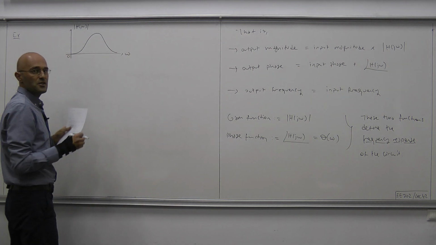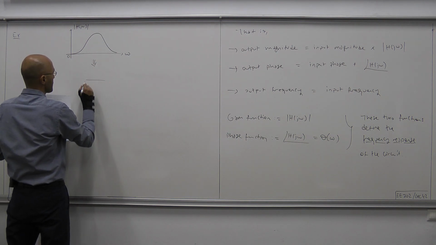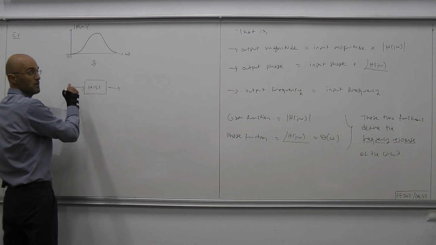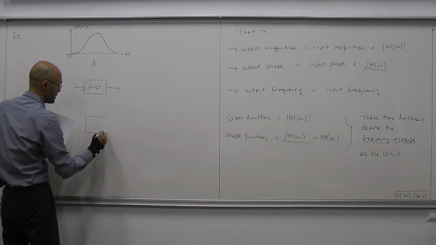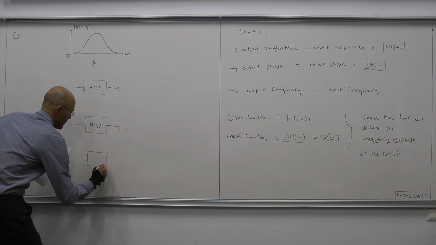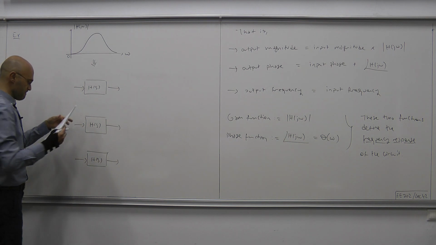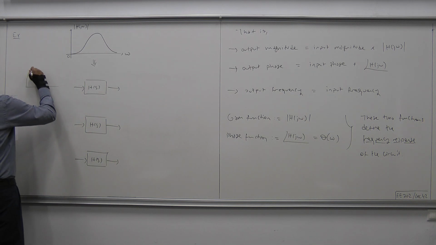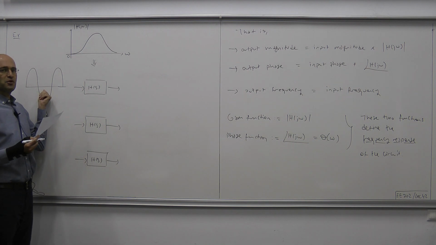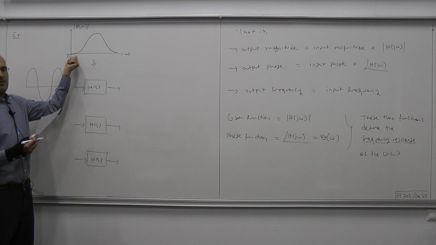So let's try to visualize that rough explanation. This implies the following. Suppose this is our circuit. This is the input side, this is the output side. Now we're going to consider 3 cases. And here again we have the same circuit, H(s). Now suppose that here, this represents the input signal, and the frequency of this signal is somewhere here,